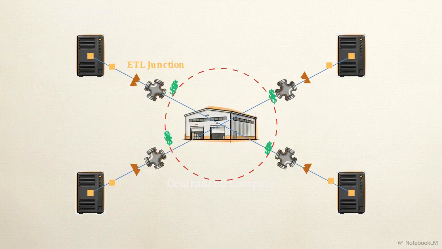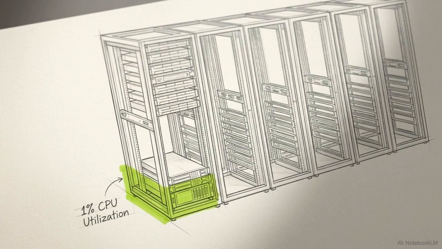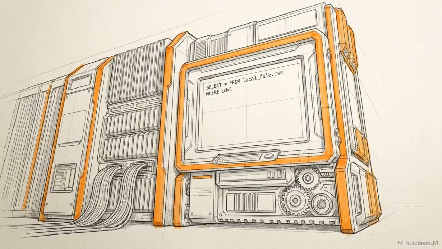As the data moves through these pipes, two things happen. Packets hit serialization bottlenecks as they are converted for transit, and egress fees accumulate at every network exit point. You are paying for the privilege of moving your own data. Compounding the problem, the centralized cluster at the end of the pipe is highly over-provisioned. You rent expensive, heavy-duty compute to handle multi-terabyte aggregations, but end up burning that same expensive compute on trivial filters